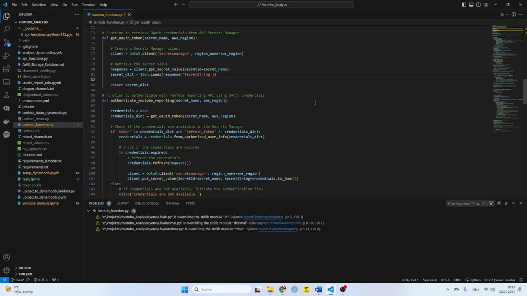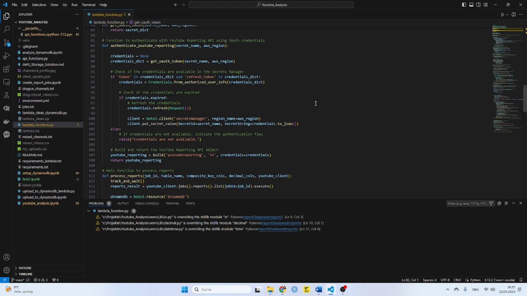The next function is basically doing the authentication with the YouTube API, which I just showed you before. But now relies on the existing secrets stored in the secrets manager, from where it will retrieve them and would update them in case they needed to be refreshed. The names of AWS region and the secret that needs to be retrieved are stored within the payload that we will pass to the Lambda runtime, which I will show you later.